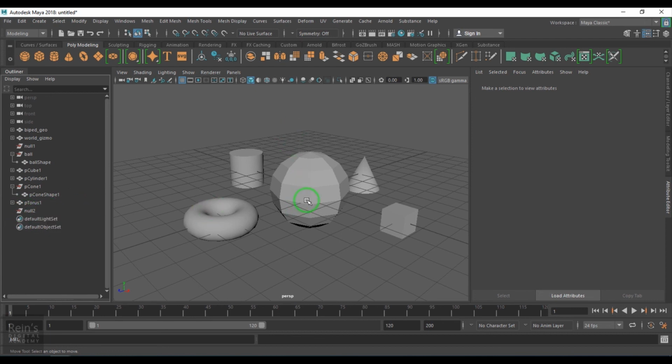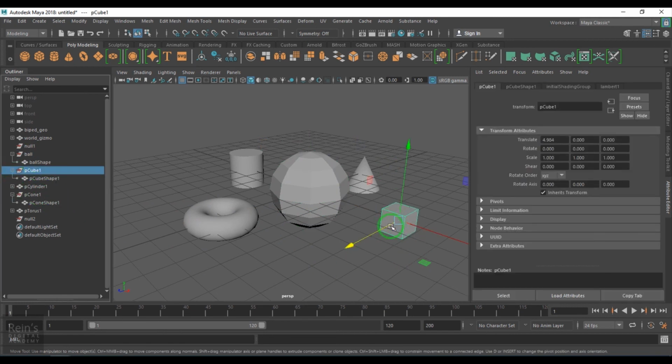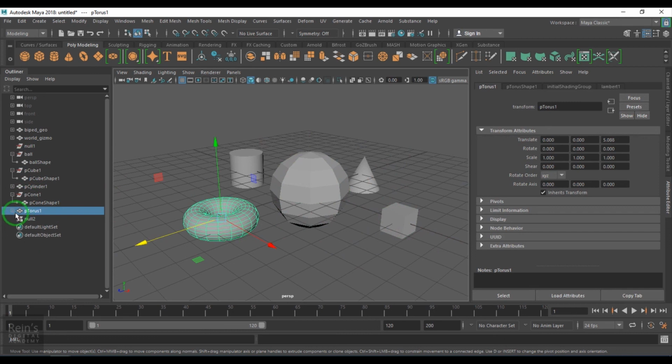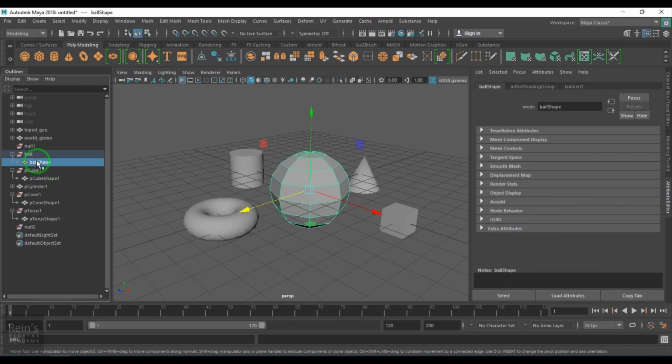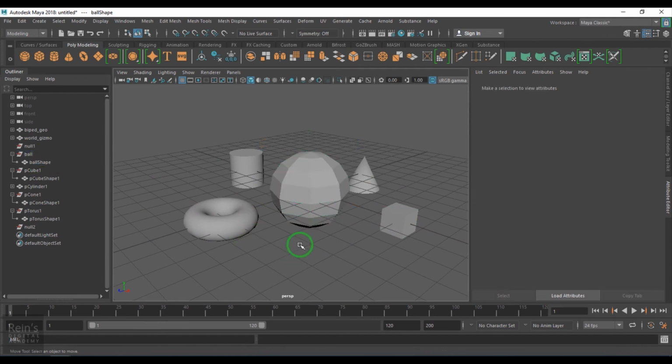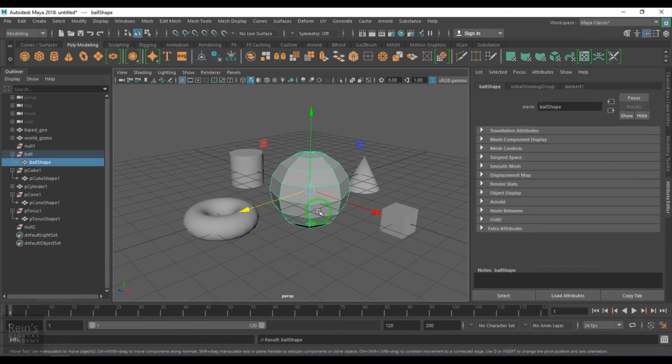Now if you select an object in the viewport, you have selected the transform node. But if you want to select the shape node, you need to click and select the shape node, or press the down arrow button, then you select the shape node.